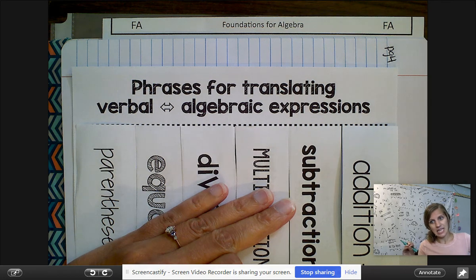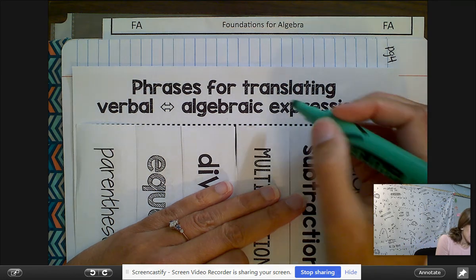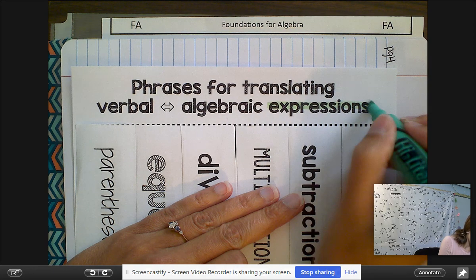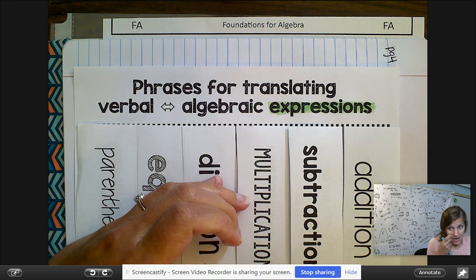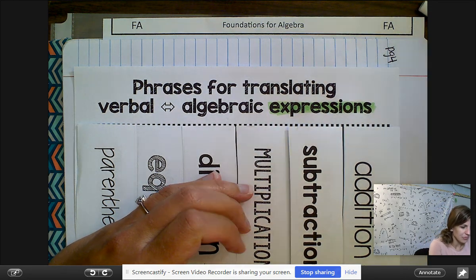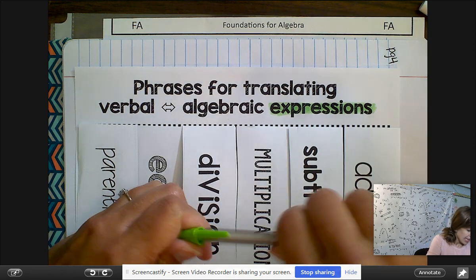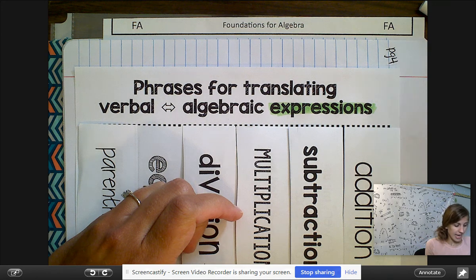Like I might have a math sentence and I have to write it out in English words. Now, when I say the word expression, an expression is different than an equation. So an expression is a number sentence